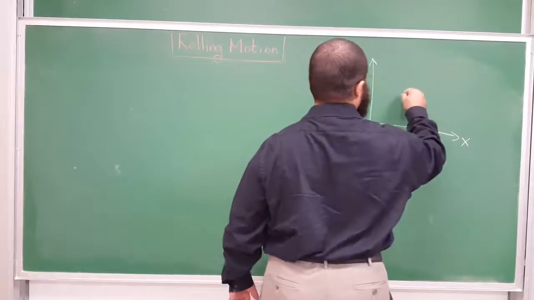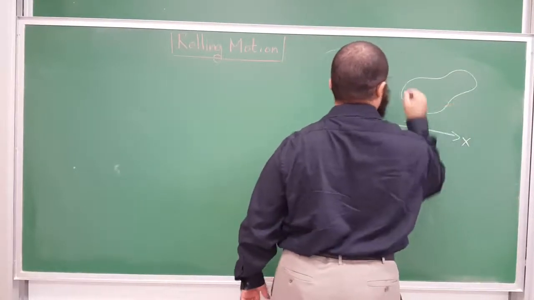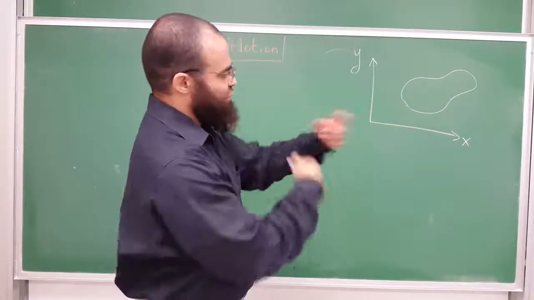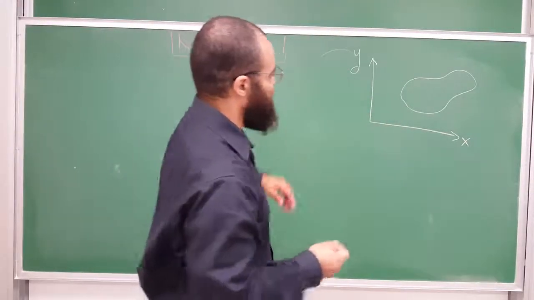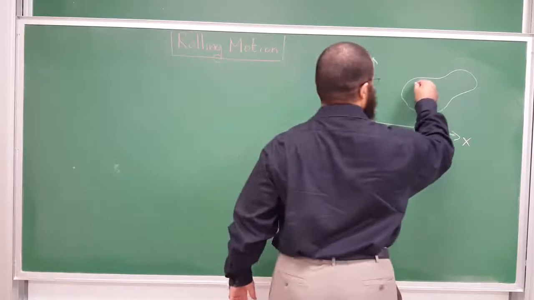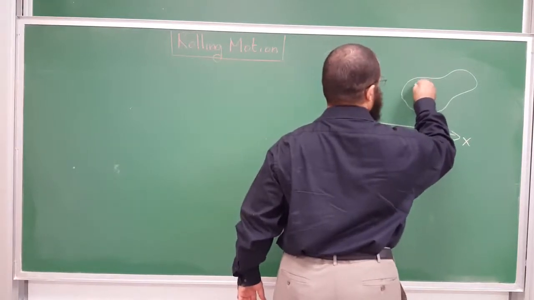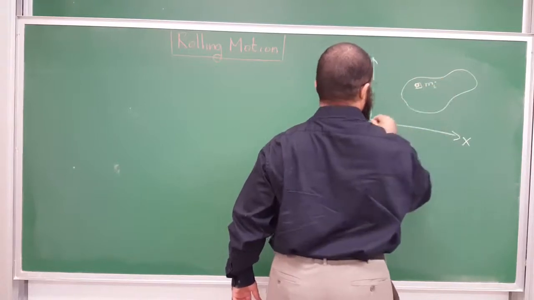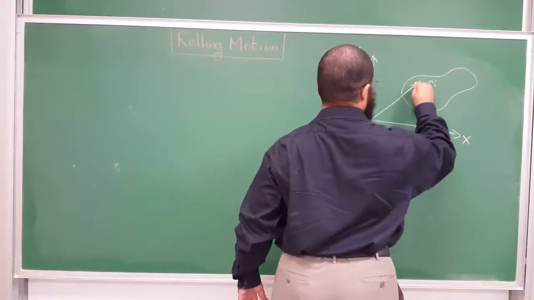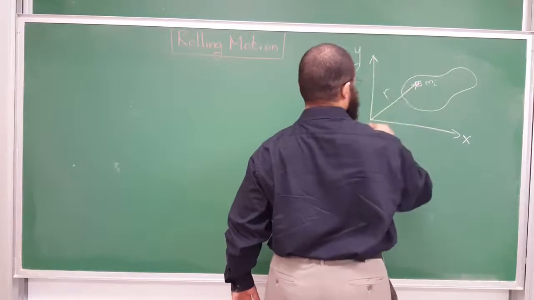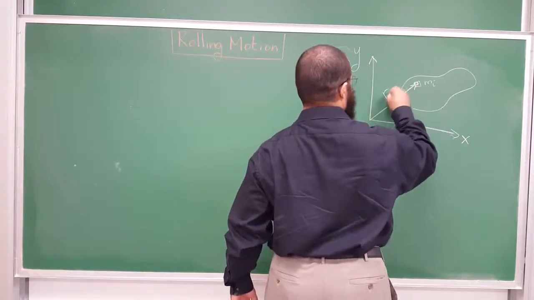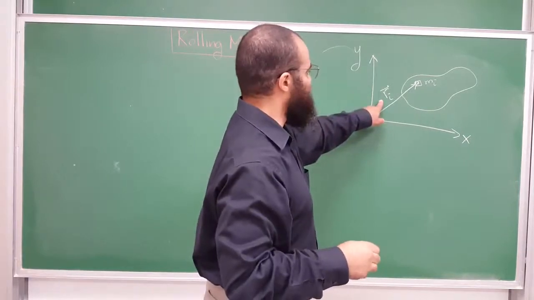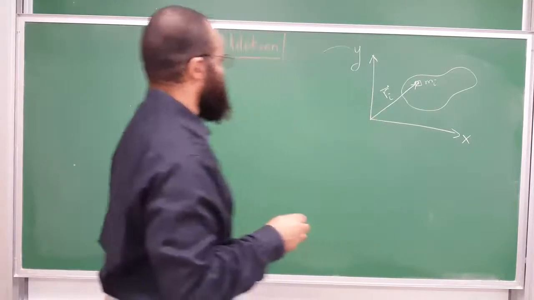Let's say you have an object, in general. In our case, we want our object to be nice and circular so it can spin, but in general, by definition, you divide the object into many masses, and you call this one here mi, and the position from here to this mass is ri, and of course this has an x and a y component, so to find the center of mass,